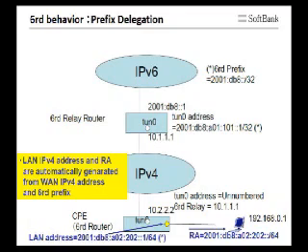Then this slide shows how the relay router and CPE can figure out the v6 prefix. First of all, we are using 2001:DB8::/32 as the 6LD prefix. Then from this prefix, CPE can easily figure out its IPv6 prefix address. Actually, it needs the 6LD prefix and also the global IPv4 address. On this slide, I'm using a private IPv4 address, but actually we are using a global IPv4 address.